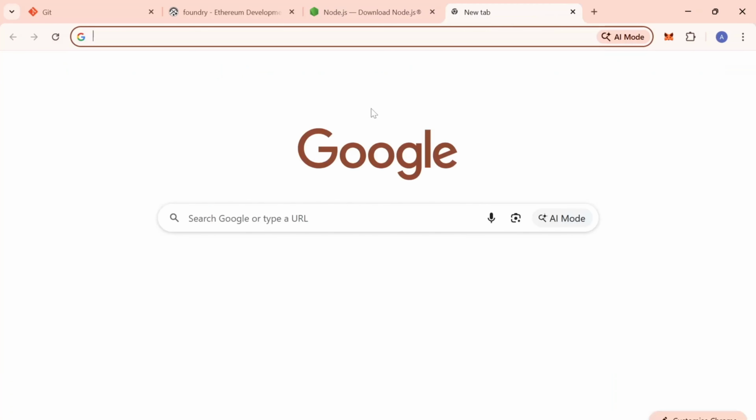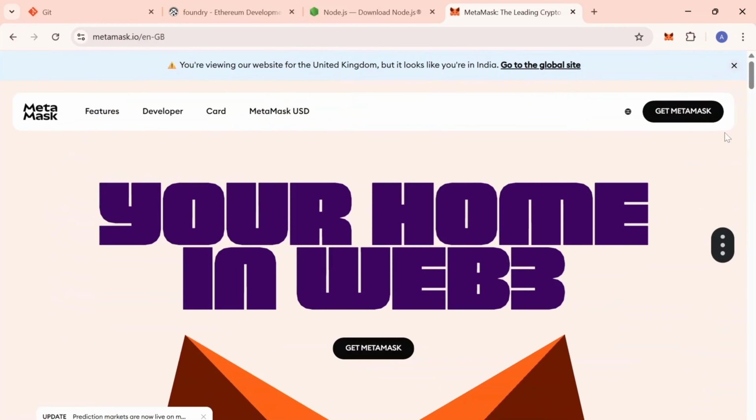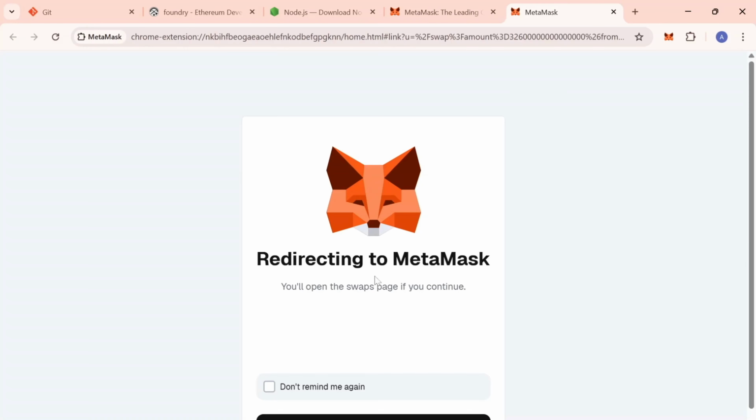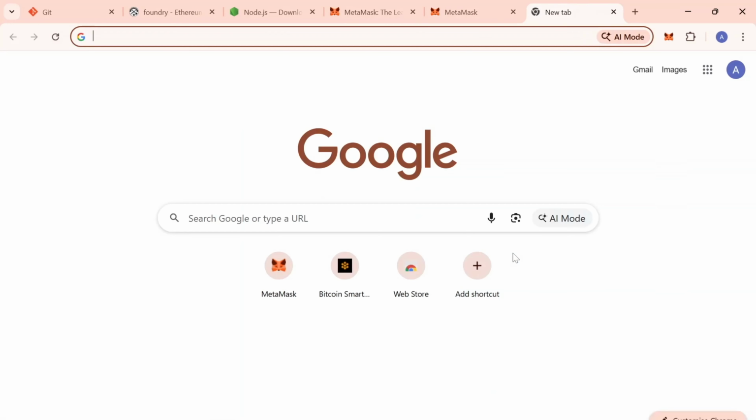Then we'll go for a wallet. So metamask.io. Go to this website because we'll require a wallet. Click on get MetaMask, and it's redirecting me to MetaMask because I've already installed it. But if you're new to it, you can just install it. Then go to